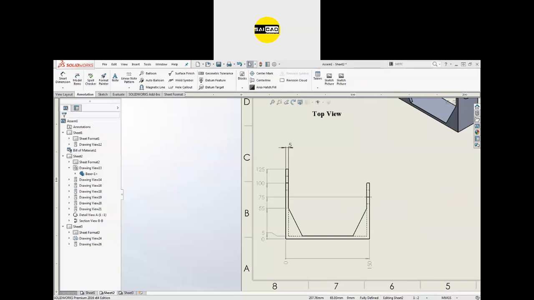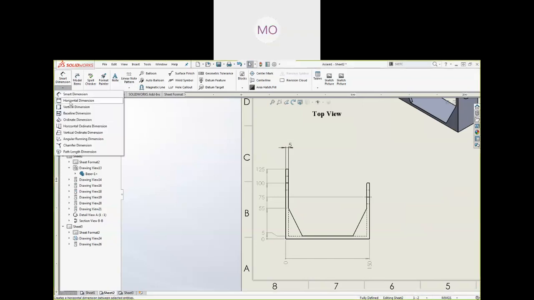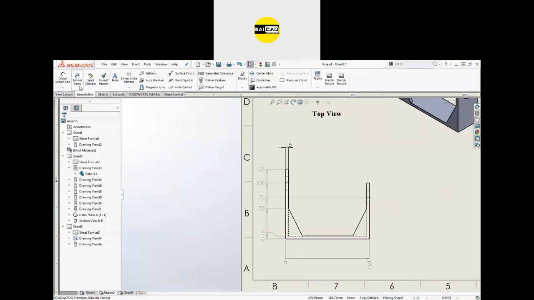Sir, if we want to give a dimension manually, there is no automatic option, just select smart dimension from here. That is the manual one. If you want to define the dimension from the part, you can go to the model items.